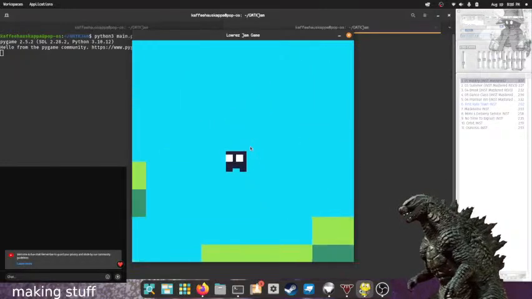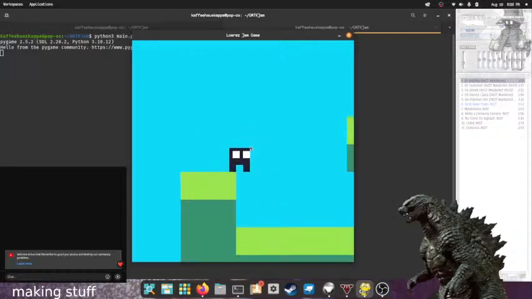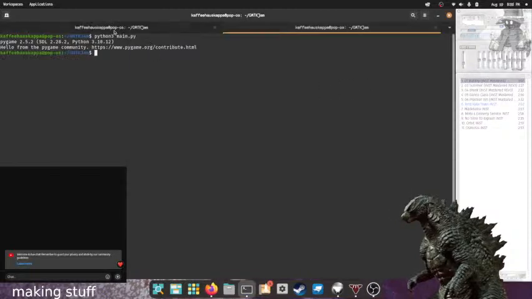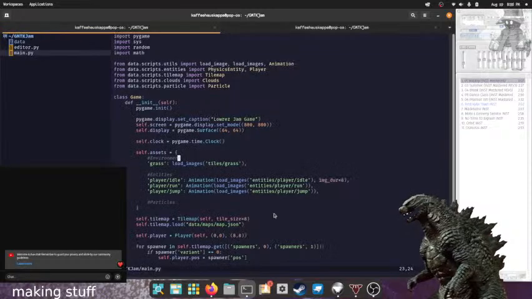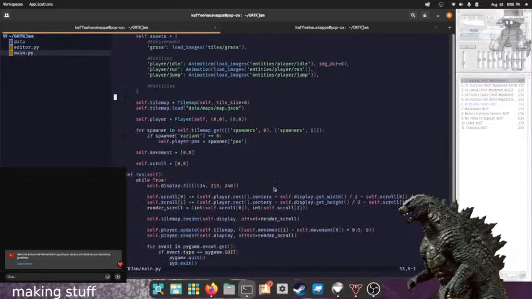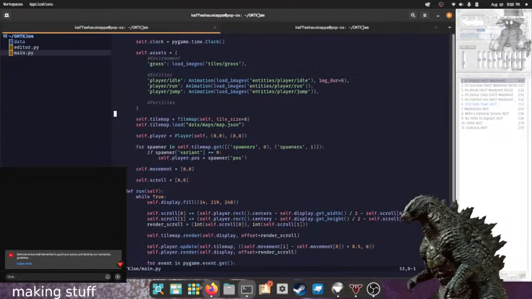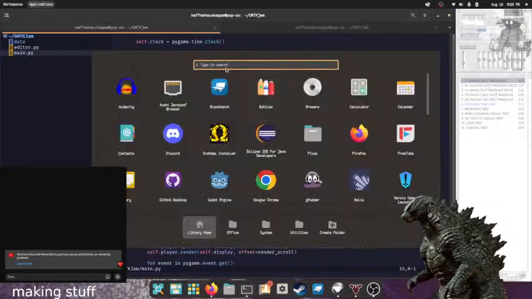Is it gonna be the best thing ever? No. Is it gonna be silly? Yes. So, with that decided, we actually already have a lot of what we need set up here because I already have a player and everything. So, in that case, let's just get started. Actually, the best thing to do here would be to start with art.